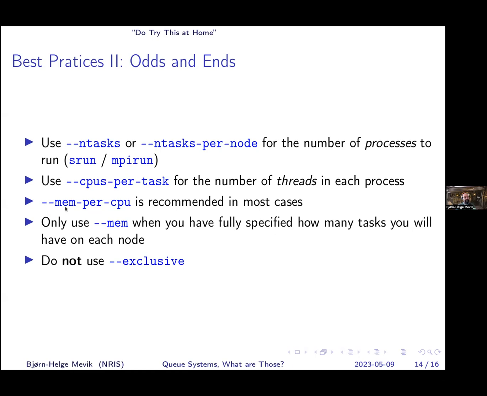So for memory then, I'm going to say a little bit about the exclusive afterwards. But for memory then, I recommend mostly when you do need to specify, use mem per CPU, because then that ties you to your tasks in each step. Only use mem if you have completely specified how your steps and tasks will be allocated over the nodes, because mem will just say that it gets so much memory on every node, and if you say minus n tasks and get